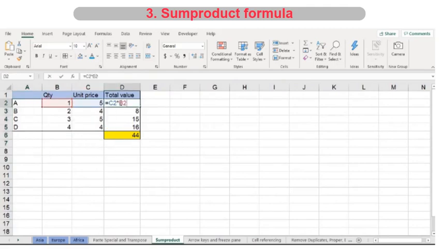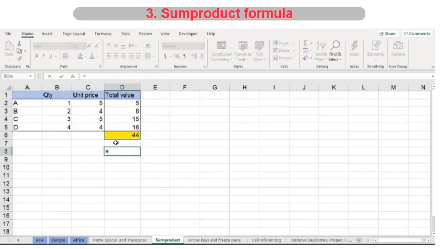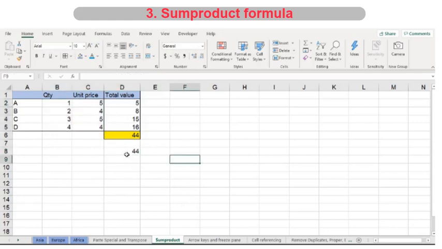Right. Next we have a table with quantities and unit prices for different items. And what we have done is, we have multiplied the quantity by the unit price to get the sales value for each item, and to get the total we have used the sum formula. There is one formula that you can use at one go to get this output 44. Simple. You type equal SUMPRODUCT, then you give the first column which has the quantity, then you give the next column which has the unit price. Then it will give you the total sales value of all of these products. This 44 at one go.